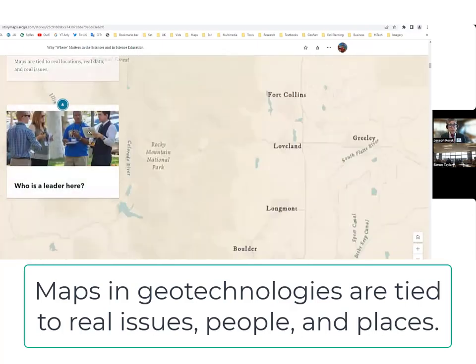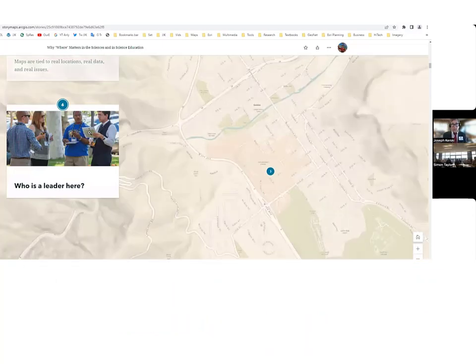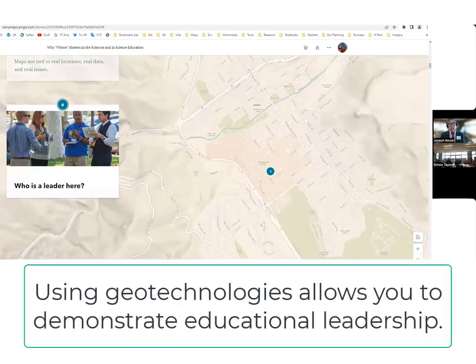So I would just contend also that you folks are leaders, and using geotechnologies in the classroom is a way for you to show some leadership here, and also to help your colleagues understand why and when it's appropriate and how it's appropriate. The reason why I say when it's appropriate is because sometimes people know I work for Esri, the mapping company. We're a bunch of geospatial geeks. We love geospatial technology, and we want to see it used in all levels of society, including education.